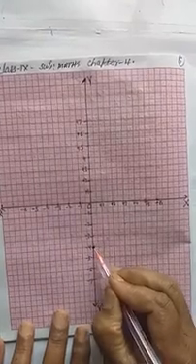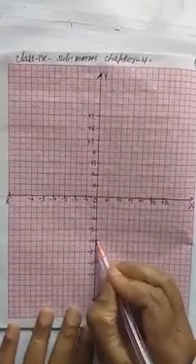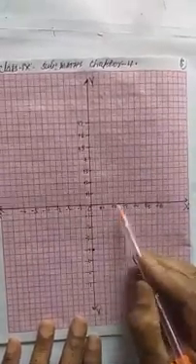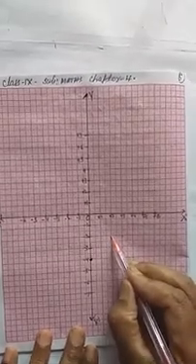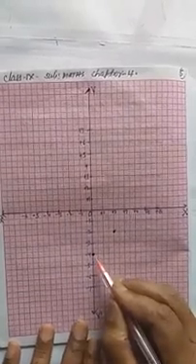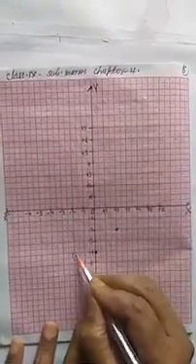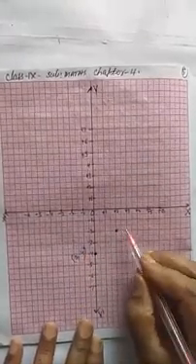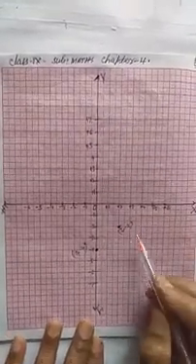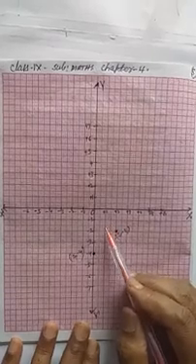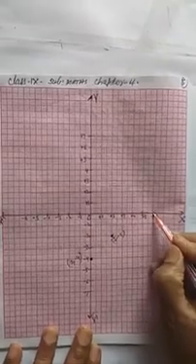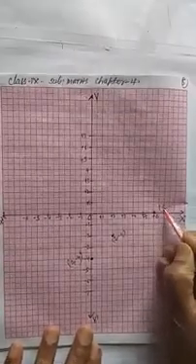Minus 4 is the ordinate. Now the second is 3 and minus 2. So 3 is the abscissa and minus 2 is the ordinate. This is the second point. In this way we can mark the points, and if you want, you can write here 0, minus 4, and here 3, minus 2. The last, third value is 6 and 0, where 6 is the abscissa and 0 is the ordinate. So on the x-axis, this is 6 and 0.